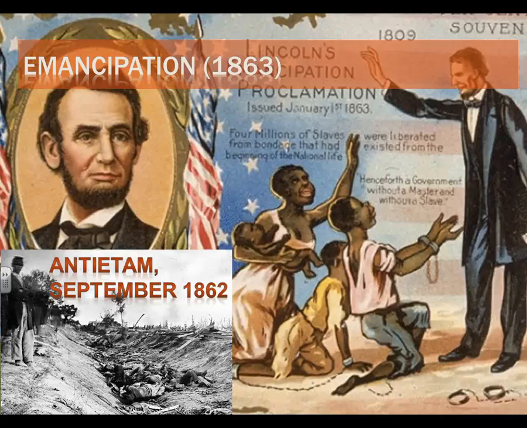Remember that we proclaim this emancipation for any of the states that are still in rebellion after January 1st, 1863. So for your memorization date, and this is one of them, we've got 1860 in this period, we've got 1861, 1865, and now here in the middle, 1863. I want you to memorize that 1863 date, but officially the proclamation was issued in 1862, but it goes into effect in 1863. Can somebody name for me one impact of the Emancipation Proclamation?